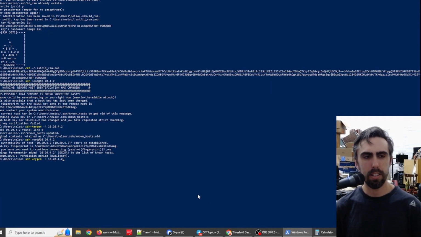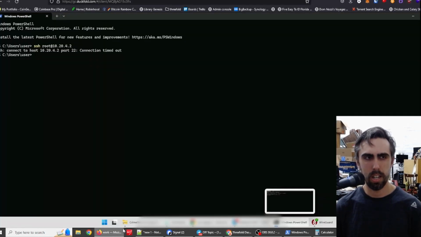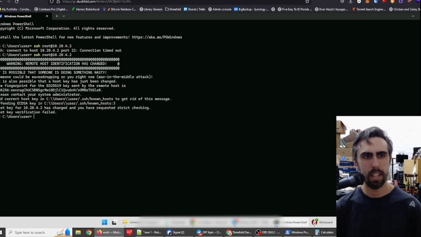You have to run ssh-keygen -R and then the WireGuard IP address, which is always 10.20.4.2, to remove the old fingerprint. Then you can simply run the login, ssh root at that. Okay, that's the error I was just talking about. So let's do this for real. ssh -